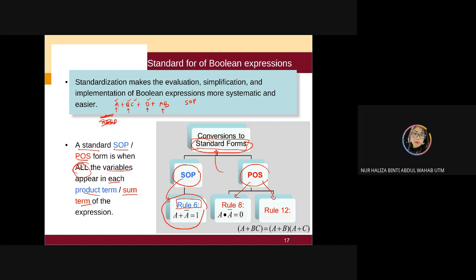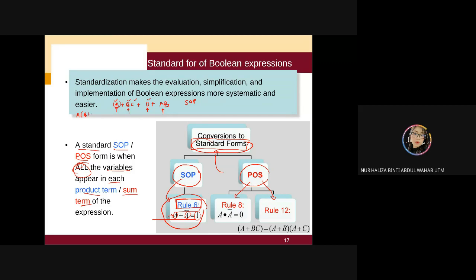Let's say over here, you can see we only have A, so we need another input variables: variable B, variable C, and variable D. So you do it one by one. First, let's say you have A over here. You want to include the variable B. Then you apply rule number 6. This you change to B, this you change to B bar, and you're going to get equal to 1. Let's say you put over here, you multiply with